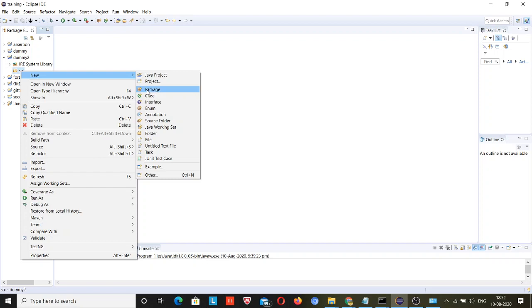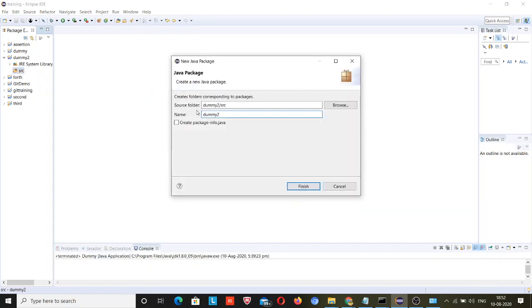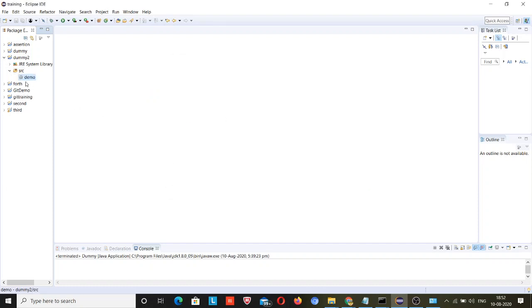Click on Package and give whatever package name you want. Demo. The package is created. Just collapse it and see that this demo folder is inside the src only. Once you expand it, it will come out.